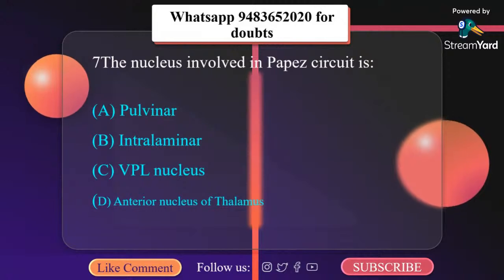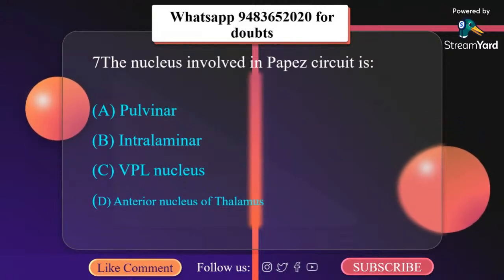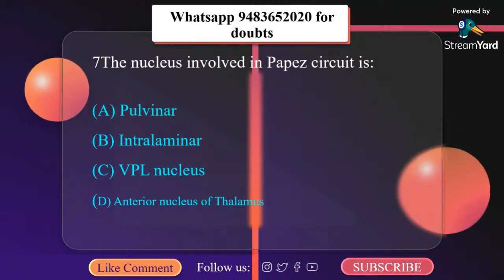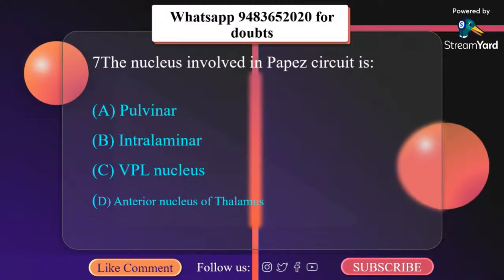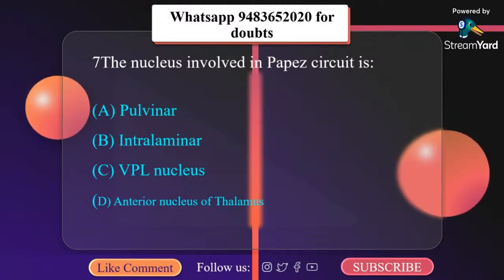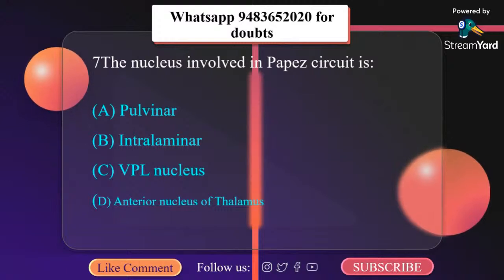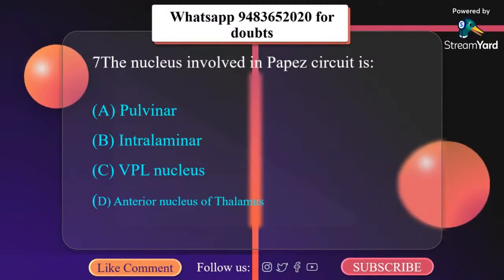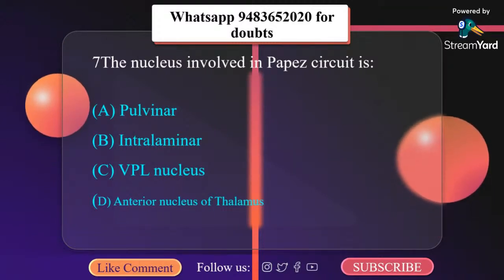The nucleus involved in the Papez circuit is: A. Pulvinar, B. Intralaminar, C. VPL nucleus, D. Anterior nucleus of thalamus. So the correct answer here is that the nucleus involved in the Papez circuit is the anterior nucleus of thalamus, that is